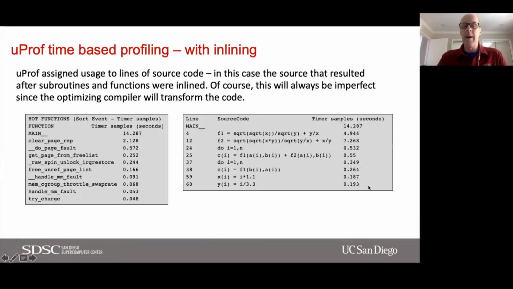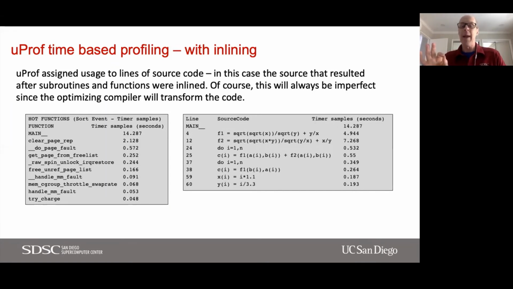So if I look at the results for the time-based profiling with inlining enabled, on the left panel for hot functions, I'll see that main accounts for the vast majority of the runtime, followed by a bunch of functions which are really lower level system calls.